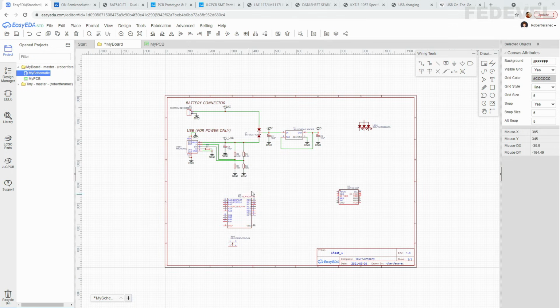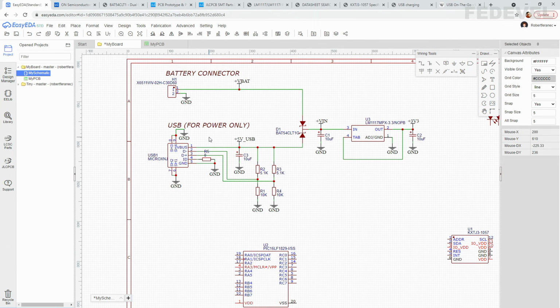I'm going to squeeze this a little bit so we have more space for the rest of the schematic. By the way, it's important how you draw this selection. If you draw from the top left, then it will only select all the components which are inside of the square. But if you draw this selection rectangle from bottom right, then it will select everything which is also on the edge of the rectangle.